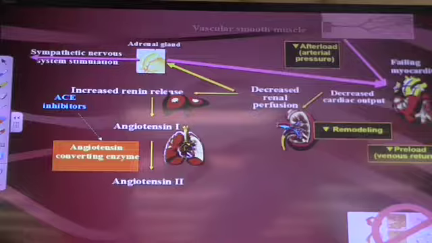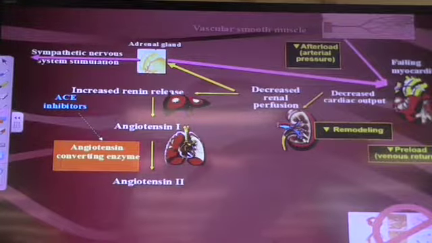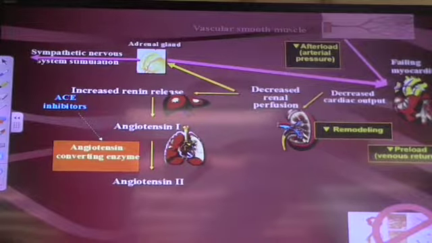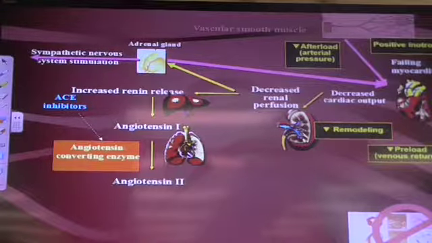And then on top of that, it turns out that these drugs actually have a little bit of a positive inotropic effect. So the major effect is decreasing afterload. That's the primary thing that we're after. But we will decrease preload, and we will actually cause a positive inotropic effect. And then we're going to decrease myocardial remodeling. So it's a pretty nifty little